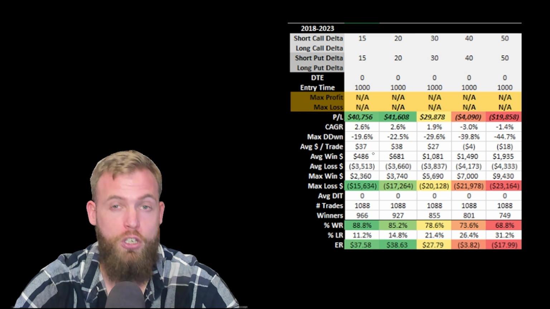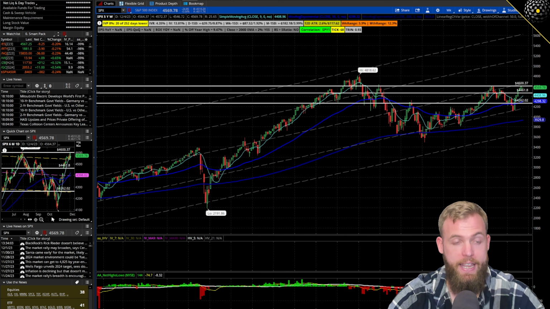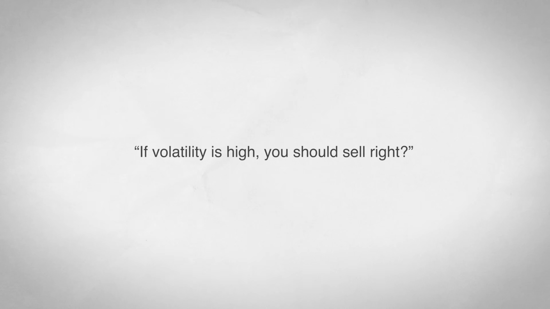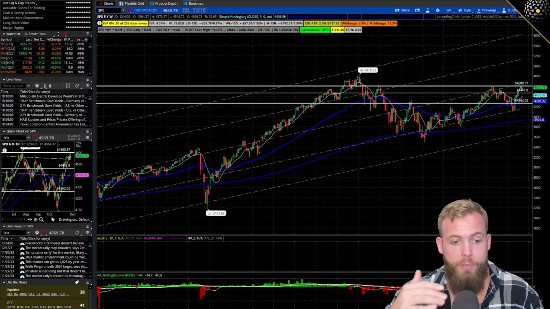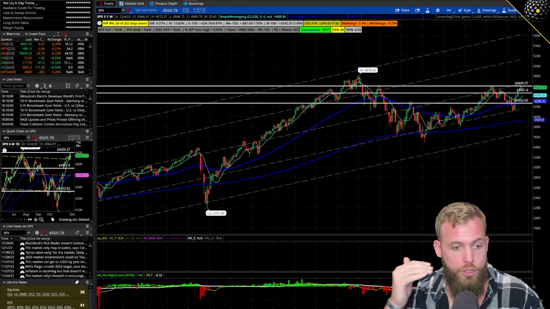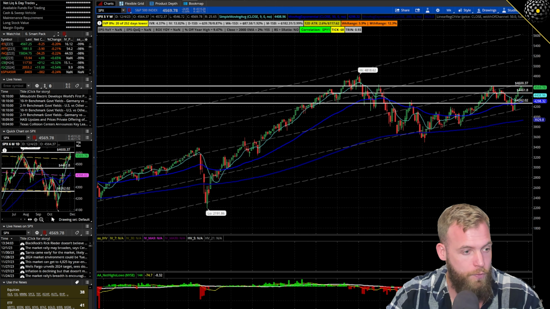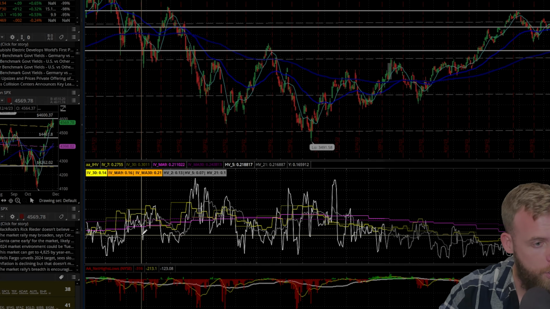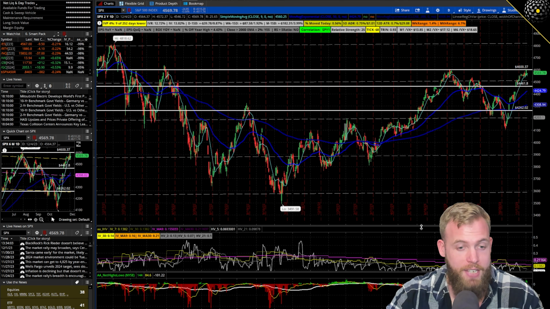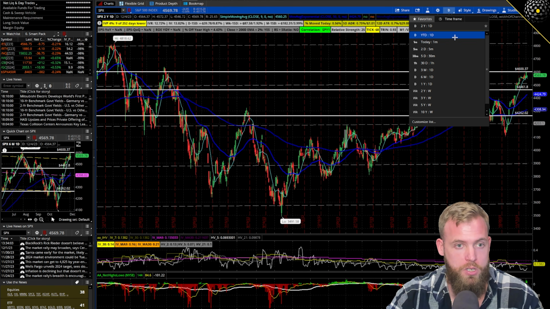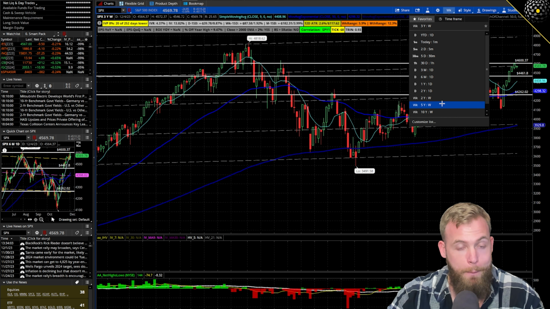Well, interestingly, the market has experienced a pretty significant uptick in volatility. And what I mean by that is typically people will say, oh, if volatility is high, you should sell, right? Because you make more money. Well, sort of. The way you make more money is if implied volatility is tracking over historic volatility. And look at this handy dandy IV/HV graph that I have here. You'll notice quite a few periods where historic is actually much higher than implied. This happens in higher volatility regimes. So this whole idea of when things are high, you just default to selling may not work out the best